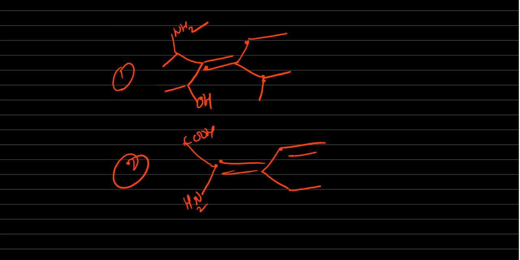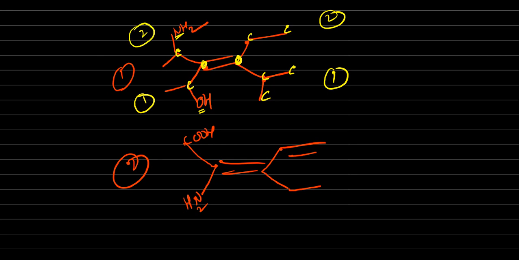Enough. Now see here, this is the sp2 carbon. Here this carbon is connected with one more carbon, but this carbon is connected with two more carbons. So obviously number 1 here, number 2 here. Now this carbon is connected with, here also carbon is there, but this carbon is connected with oxygen, this carbon is connected with nitrogen. So oxygen is more preference, means number 1 and number 2, right? So 1 same side is there, Z.